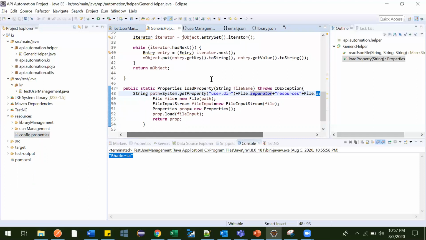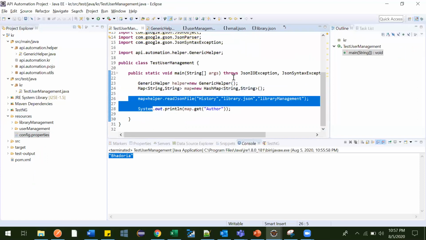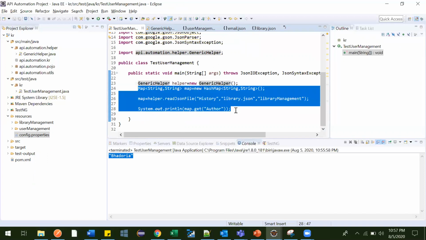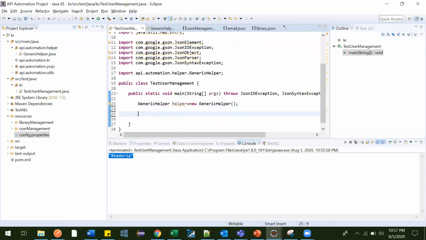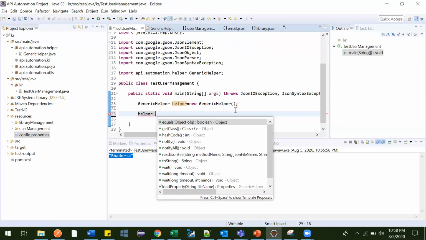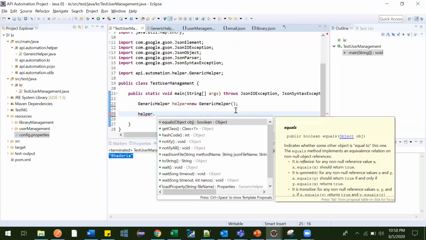So let me call this one and show you. Okay, so now we are done with this. We need the generic helper method. Let me delete this. Now helper dot, what was that other method?